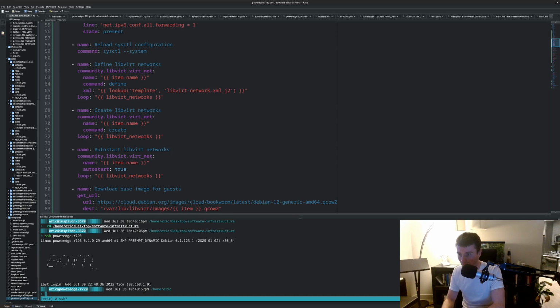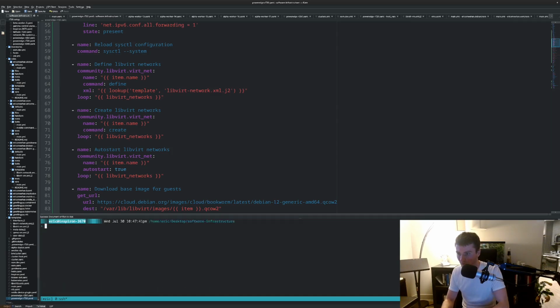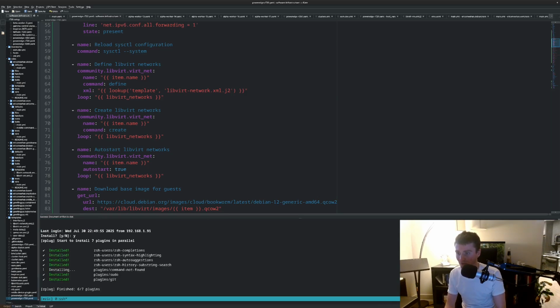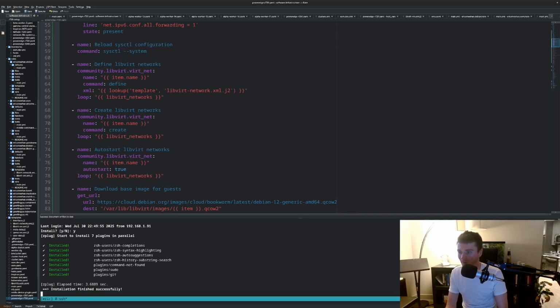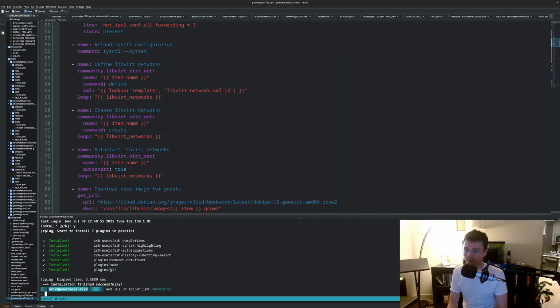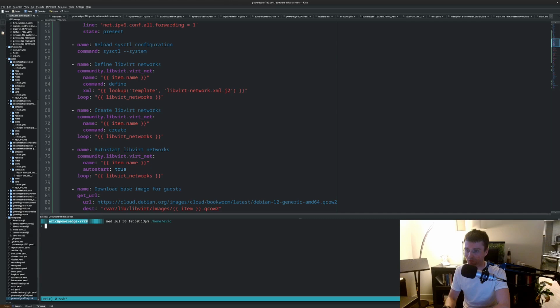Again, you can see that it's using the ZSH thing now. It wants to install some plugins for me. But I now have my nice command prompt on the R720, so we can see that some stuff has happened. But what I want to do is